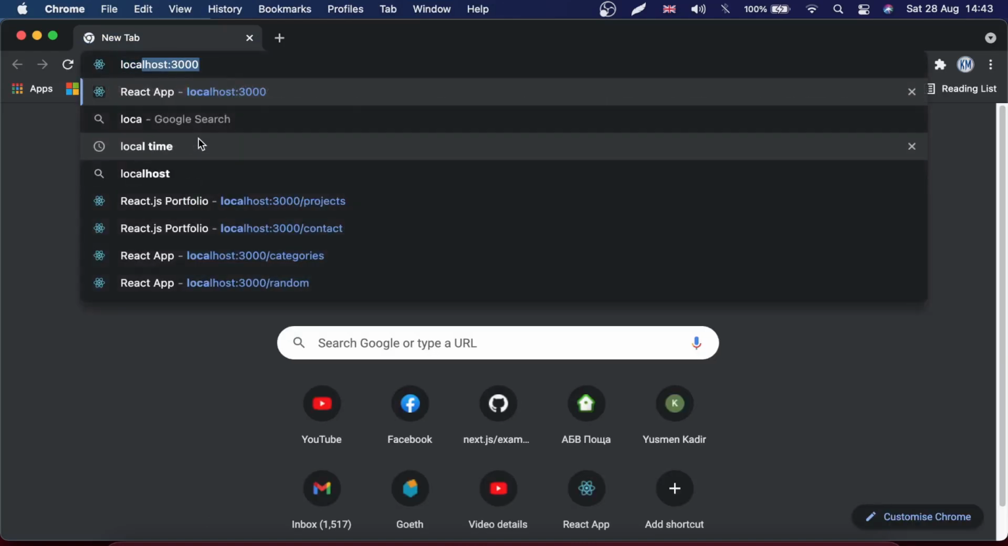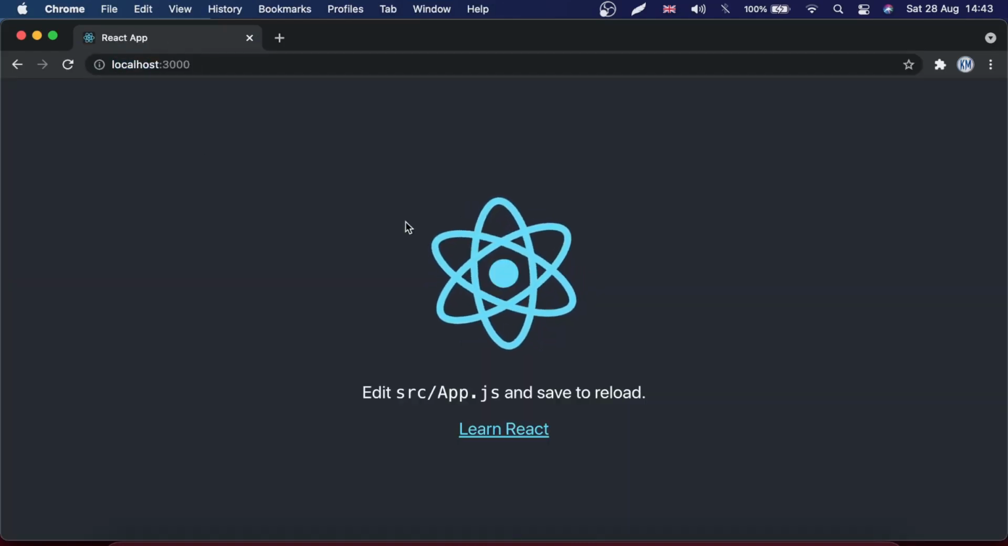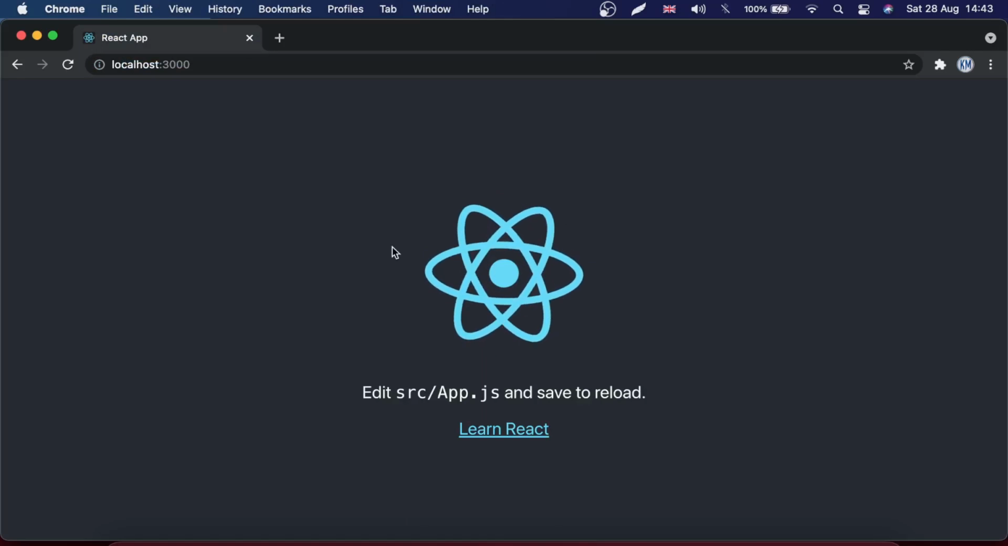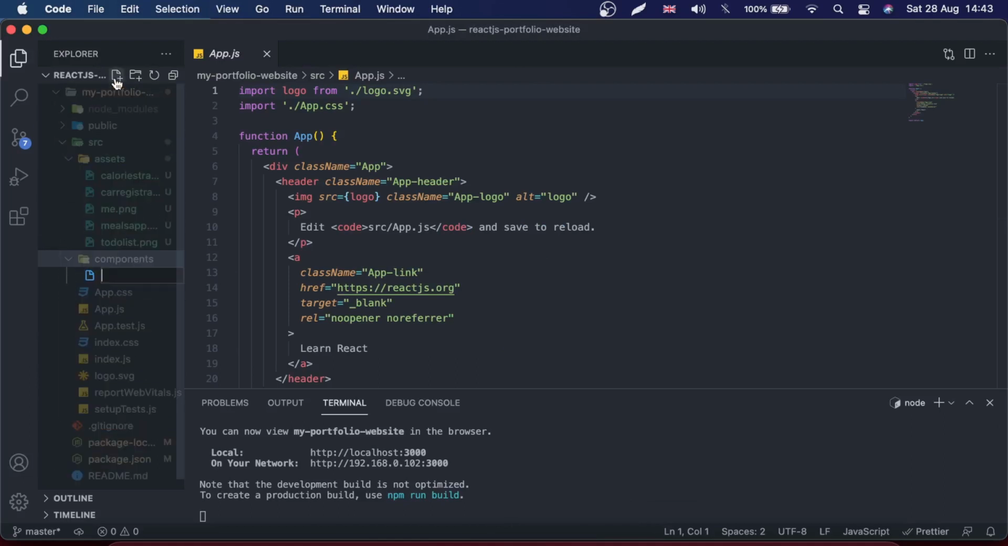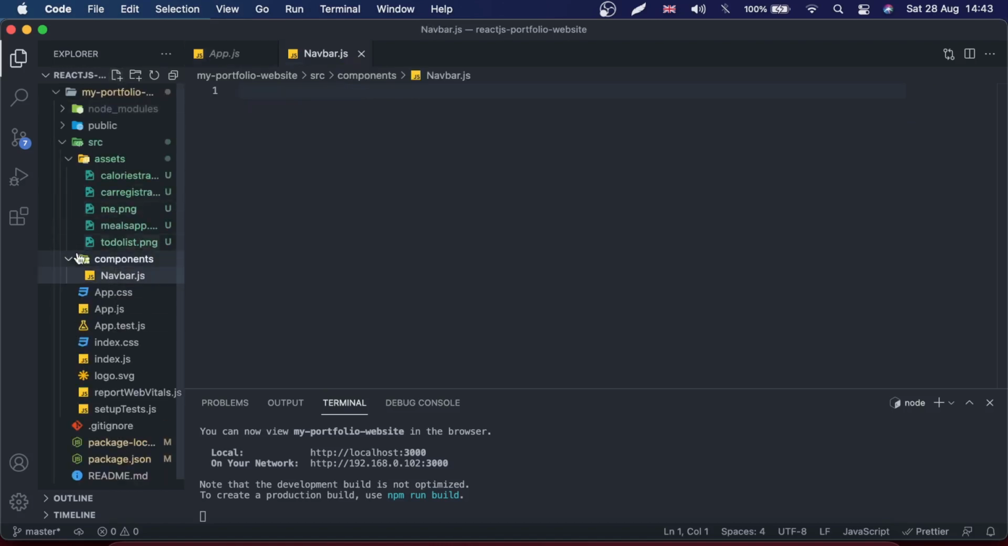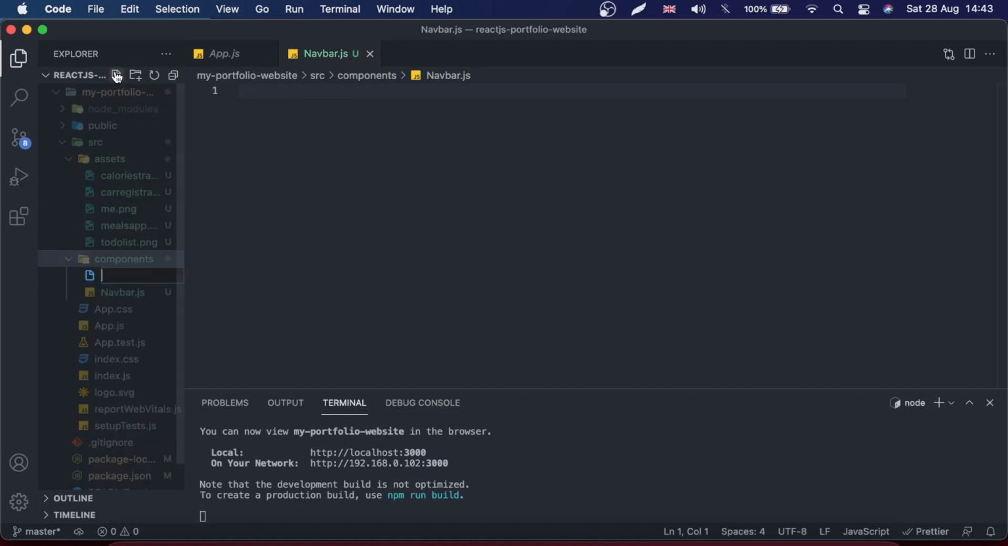So I can go to localhost 3000 and we can see the server has been started successfully. Okay, so now let's continue defining our project structure. So here in the components folder, let's create the first component, which will be the navbar. So I'll say navbar.js. Let's also create footer.js,